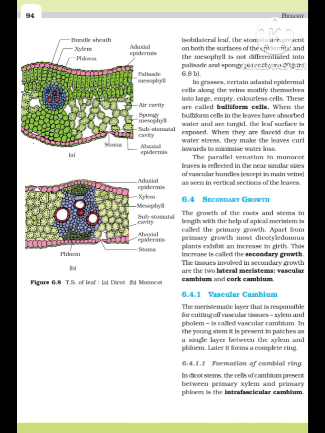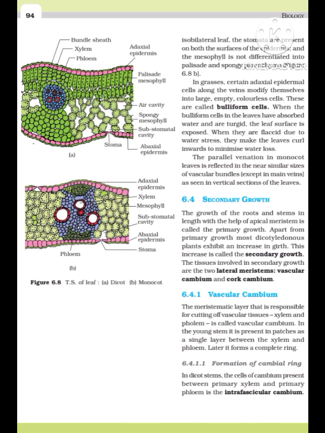The parallel venation in monocot leaves is reflected in the near similar sizes of vascular bundles, except in main veins, as seen in vertical sections of the leaves. 6.4 Secondary growth. Figure 6.8 TS of leaf. A. Dicot. B. Monocot. The growth of the roots and stems in length with the help of apical meristem is